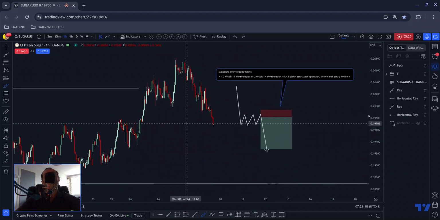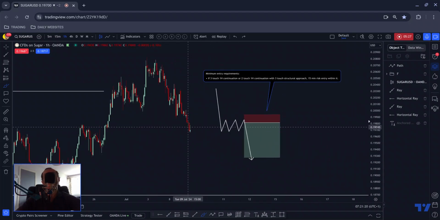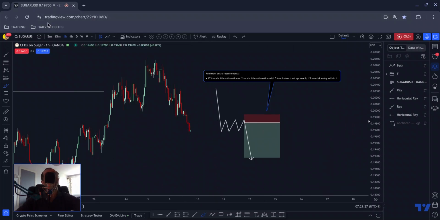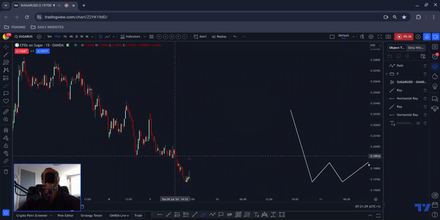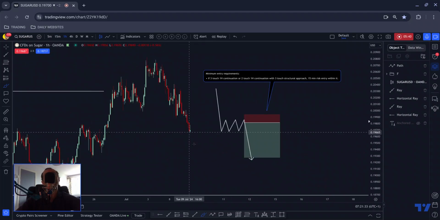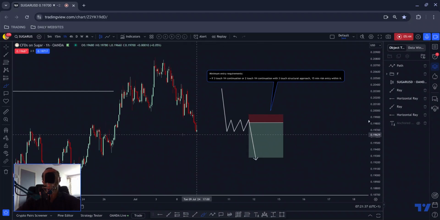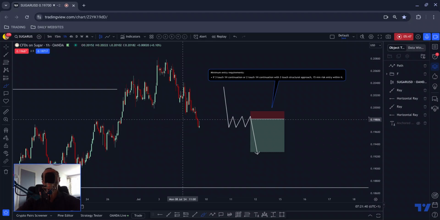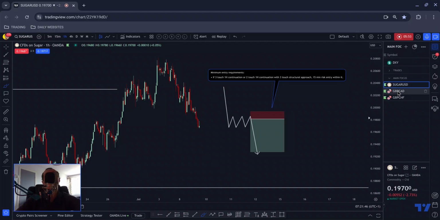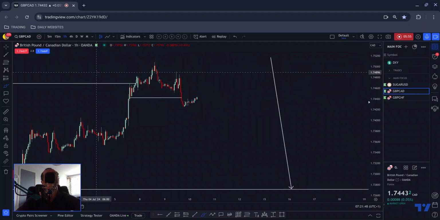Okay, so for that reason, what I've got there, you can see we have that last 1 hour candle. This market is closed at the minute. Sugar. Okay, I'm looking for price to pull up just to see if it pulls back up into this sort of area to give us that structure. And if it doesn't, if it just keeps selling off, then I'm not going to FOMO into the position. I know exactly what I'm looking for, and I know what I'm not looking for. Okay, so we've got the alert set there. So that is Sugar USD, pound CAD. So pound CAD,